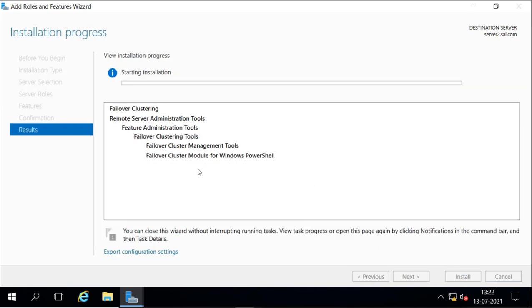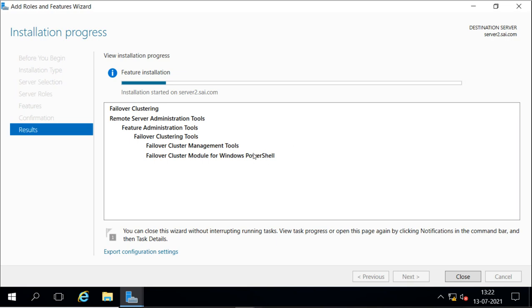Now it is installing the feature, and it is also installing the failover cluster management tools. With the graphical management tool it is also installing the modules for PowerShell, command modules. So we can manage it from command line, from PowerShell, and also from the graphical tool. Now we have installed the feature with the tools in both the servers, server 2 and 3.